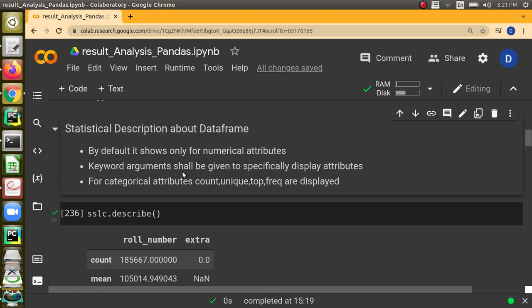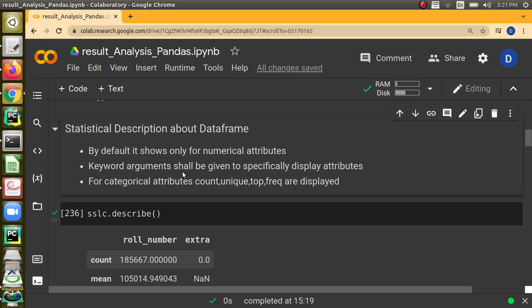So what this statistical description will tell us, for numerical columns, is the maximum value, the minimum value, the mean, and so on, right? And for non-numerical columns, it will tell the frequency of a particular value, how many different values are present, which is the most frequent, like that.